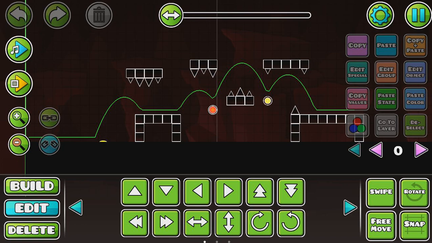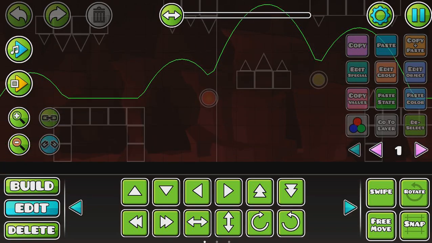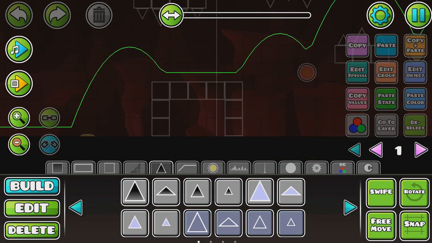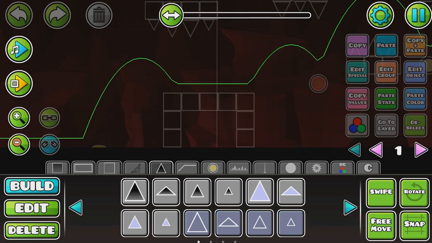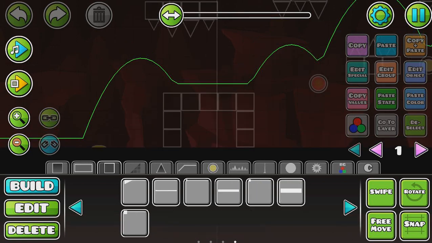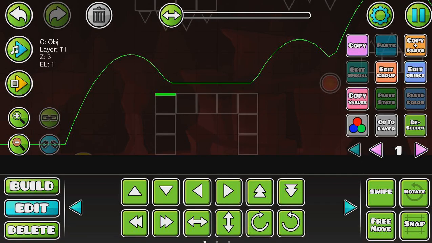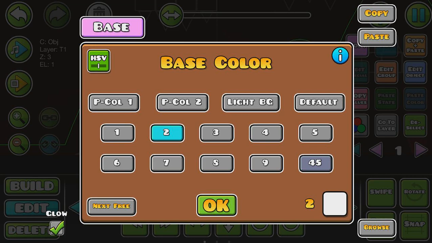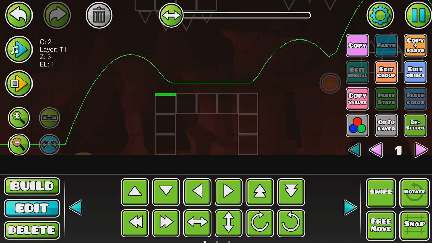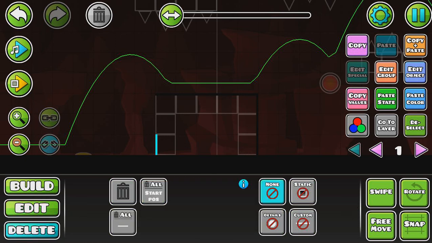Okay, so now we're going to get started on the outline of the block. I'm probably only going to do like one block because pretty much you do the same thing to the other blocks but make it look different. Obviously you don't copy and paste everything. So 2, I usually set the black because that's usually how I do things, and 1 I usually just keep white. So you do like an outline here,